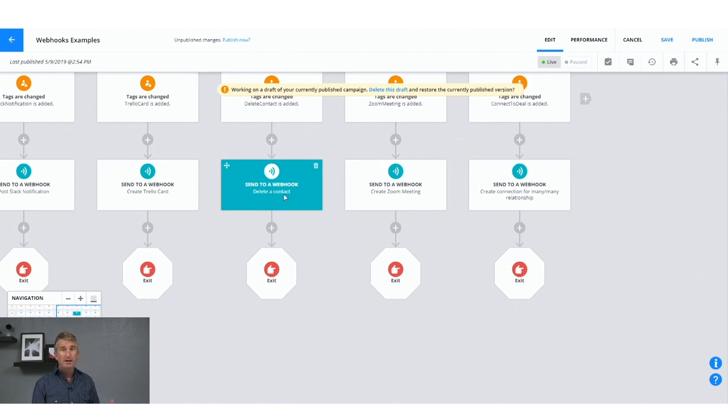Okay, delete a contact. Very risky for me to put this in here. I probably actually won't put it in here when I share this. The reason being that I'm pretty hesitant to make it easy for you guys to automate the deletion of contacts. The reason being is that y'all screw up your campaigns all the time. And I know that what's gonna happen is you're gonna accidentally subscribe 1,000 people to something like this, and you're gonna delete them all, and then you're gonna call us up, and we're gonna have to charge you money to get them back. It's $50 to have a rollback of your account,